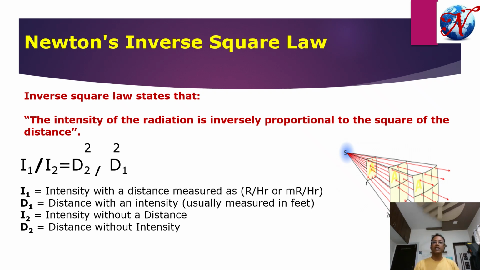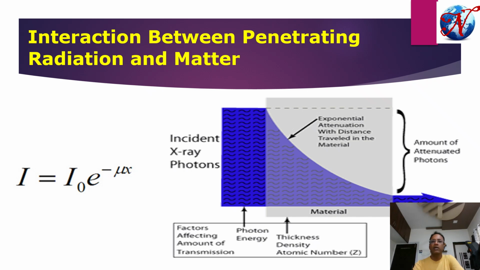When the radiation is transmitted from the point of source in the forward direction, the intensity of radiation gradually decreases, and it decreases with respect to the square of the distance. This is denoted by the inverse square law. According to the inverse square law, the radiation intensity at a particular point is inversely proportional to the square of the distance from its originating source. So that means when we increase the distance from the radiation source,